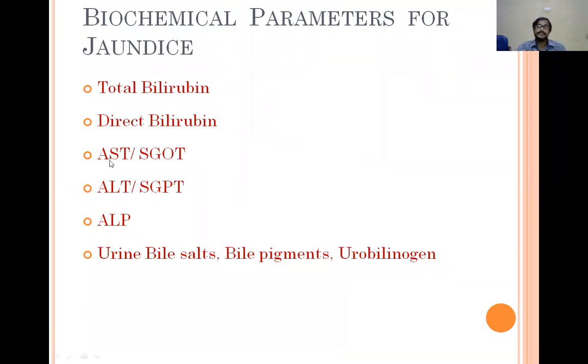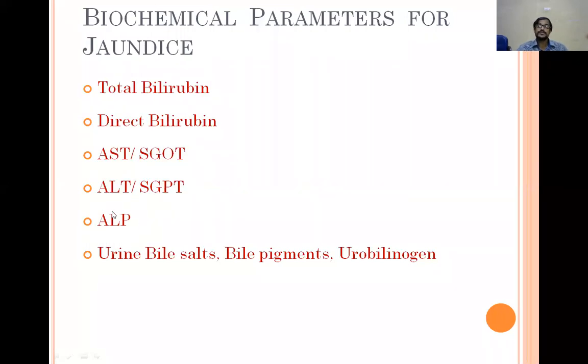And coming to the enzymes, we know the enzymes are increased in liver disease, in hepatic jaundice, because in hepatic jaundice there is an underlying liver disease. So due to that there will be damage to the liver cells. These are the enzymes present in the liver cells, AST and ALT. So that's why in hepatic jaundice, in liver cell damage, only AST and ALT are increased.